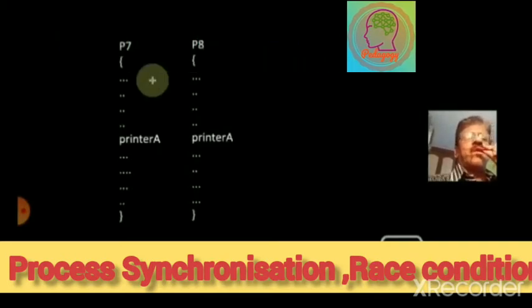Another example. Suppose process P3 wants to write file 1 and process P4 wants to read the same file. That means again file 1 is in common shared memory, where one process wants to write and another process wants to read. Another example, processes P5 and P6, there is a database, both want to read the same variable. Again we consider another example, both are trying to